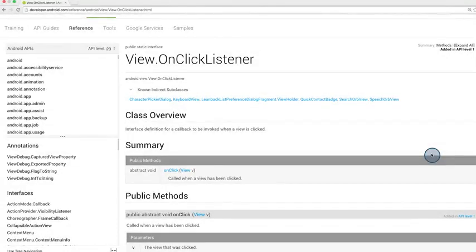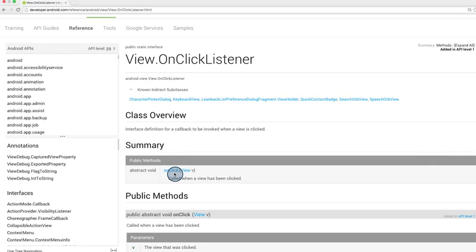Let's go back to the documentation for the OnClick listener. As we're starting to realize, Android is very specific about the details around how to listen for an input event. The method can't be named anything else. It needs to be precisely onClick and have exactly one input, which is the view being clicked on, and have